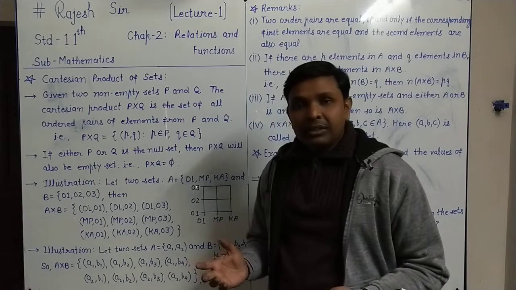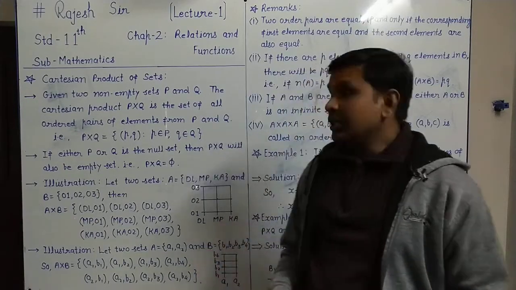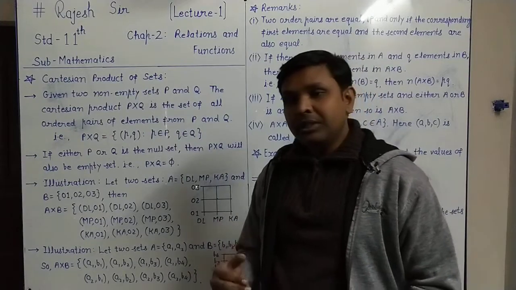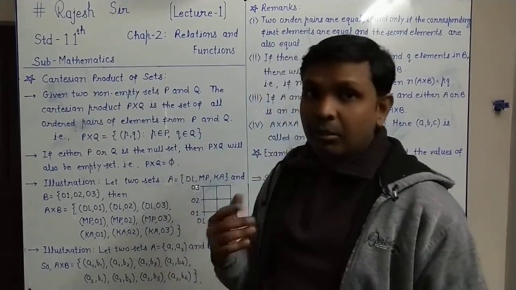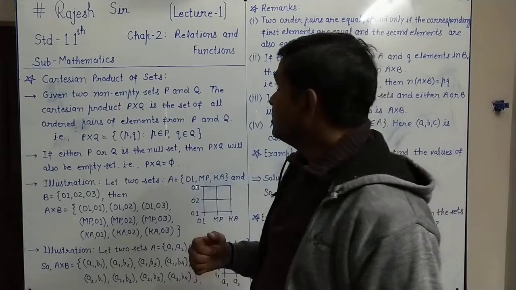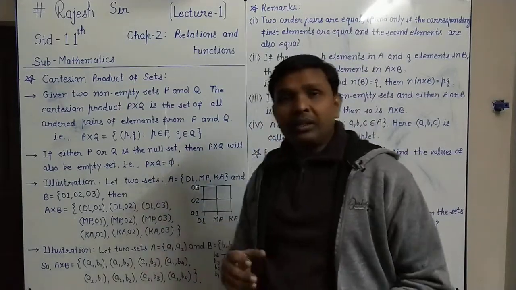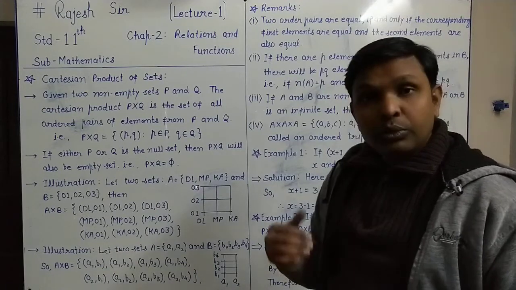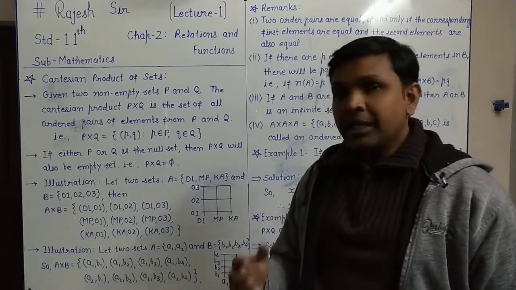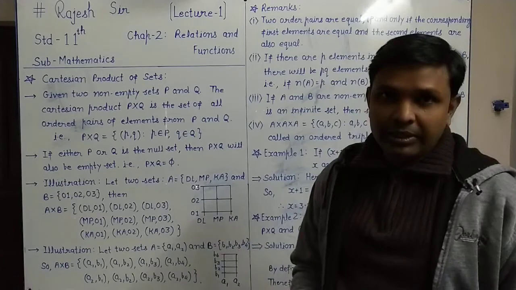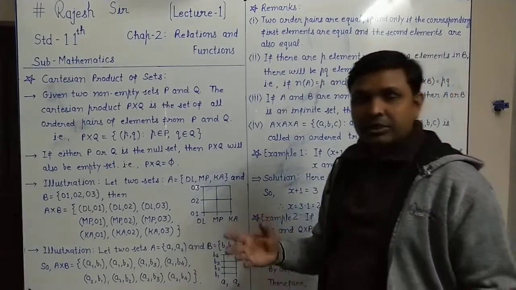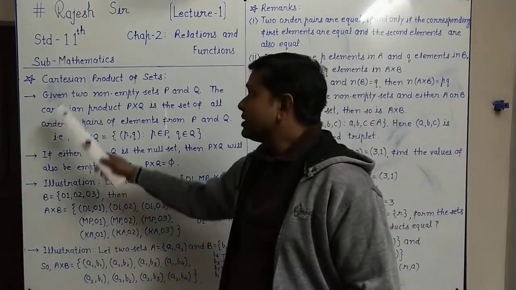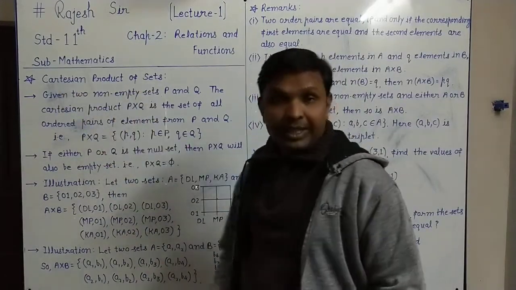To understand this, the relations will start with the Cartesian product of sets. As we have seen about sets in lesson number 1, before, that was the chapter on sets. Here we will use that concept of sets, and we relate two sets and other three sets or more than three sets. So first we are going to understand the Cartesian product of sets.